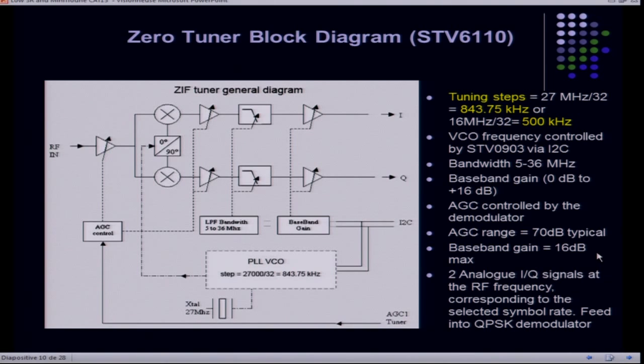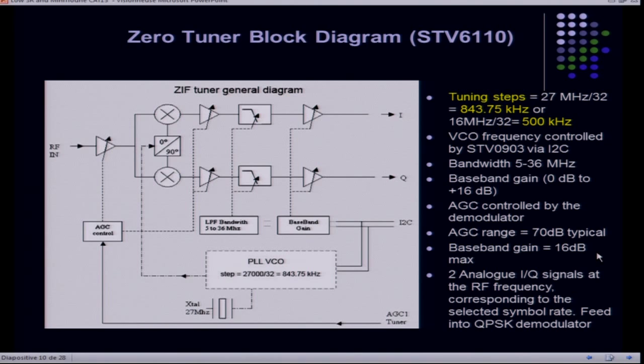If we look inside a zero tuner chip, there is only one chip that does all the job. There is a PLL. This PLL is dependent on quartz, and the step of the PLL, for the 1600 card and for mini tuner with a Sharp, is the frequency of the quartz divided by 32. So the step